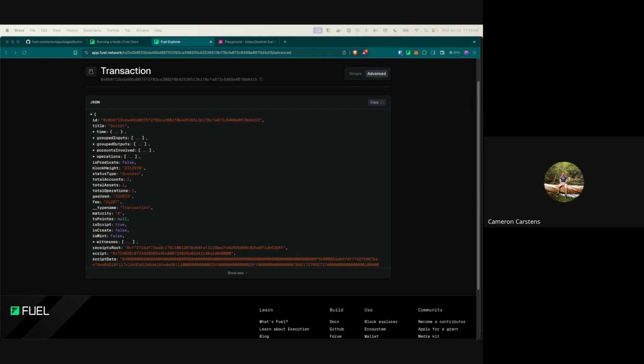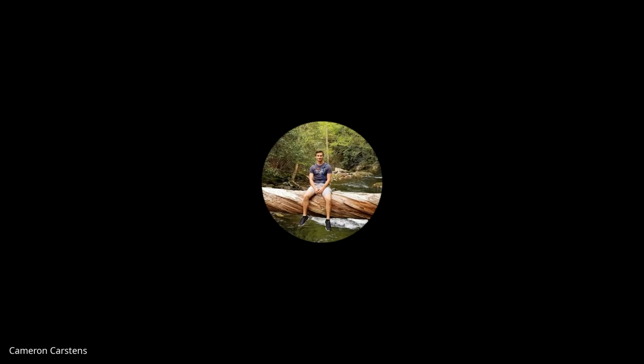So the main thing is just getting used to the difference between something like an ERC20 and a native asset.